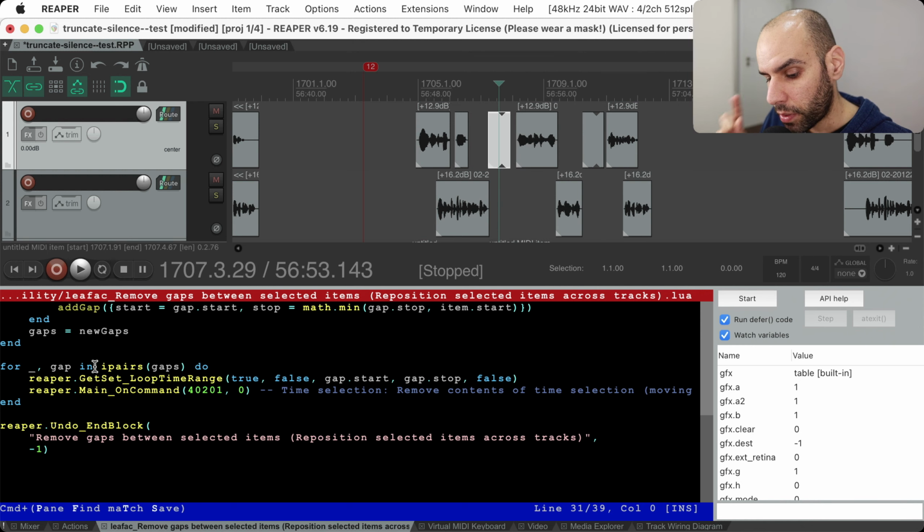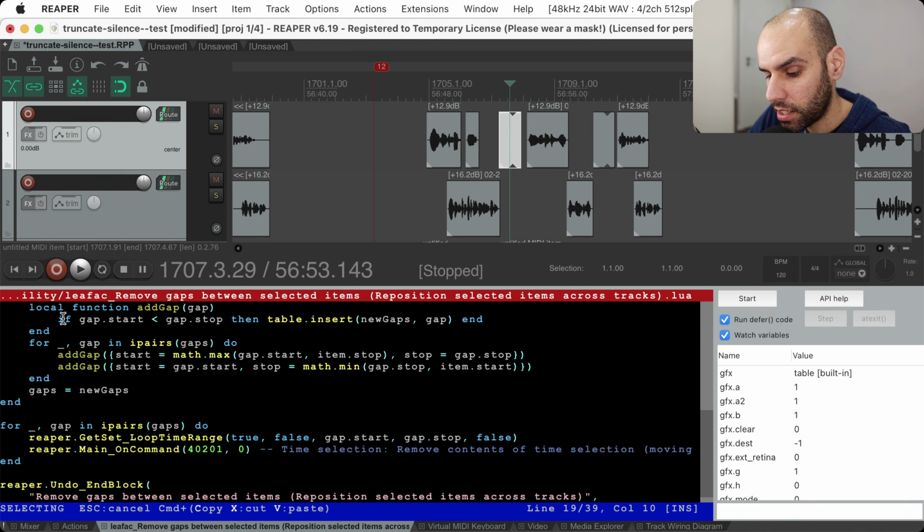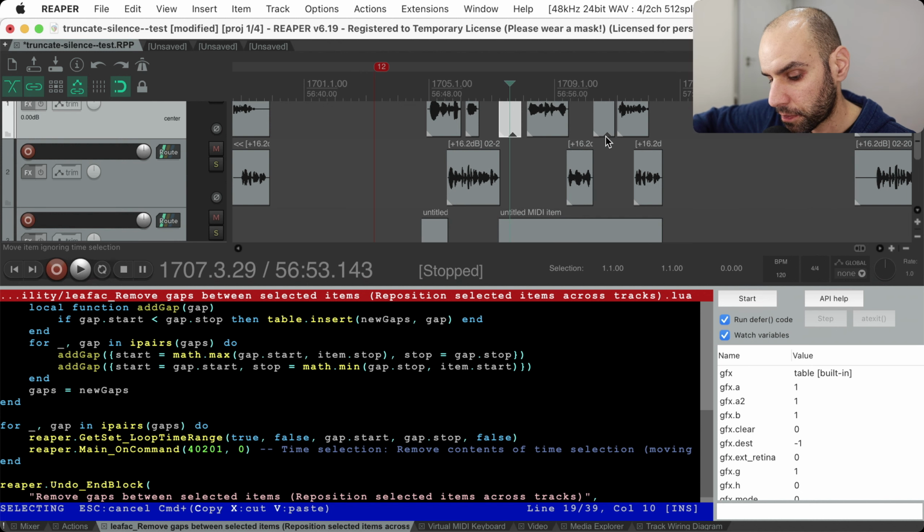And why is that? Well, because the next part is going to take these gaps that currently are just a table. It's just a table. It doesn't do anything yet. We will actually go into Reaper and slice those periods of time. Okay? So the way we are going to do that is going to go through each gap, similar to what